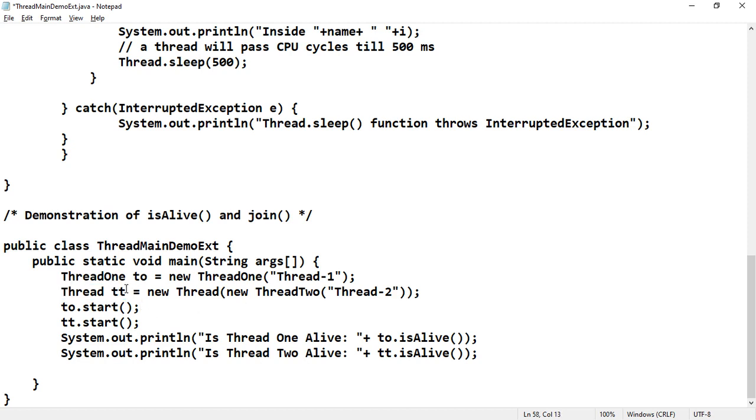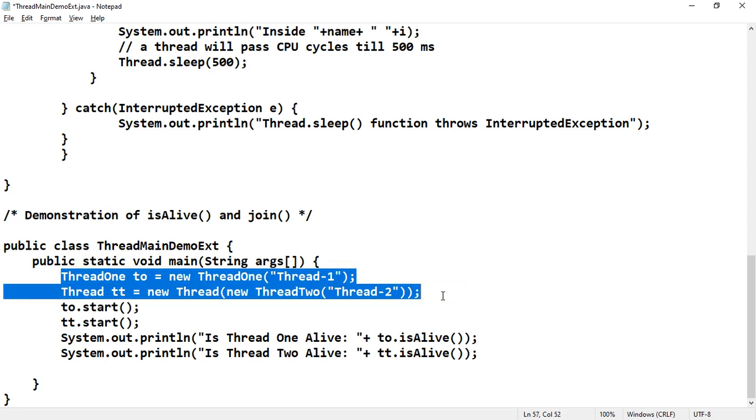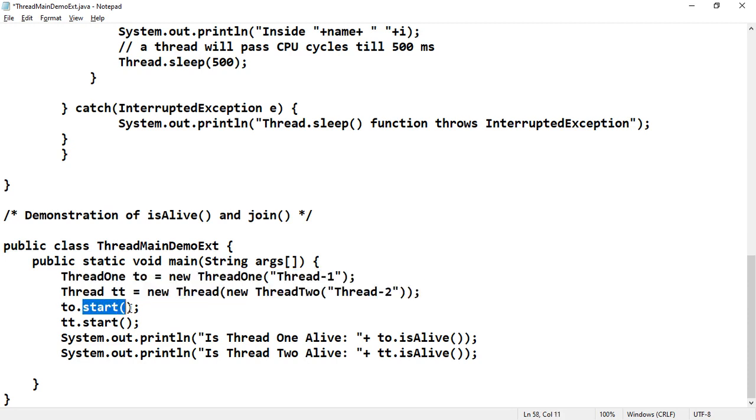Once the instances are created, that does not mean that the threads are alive or created. When we call the start method on these objects, only then will these threads be ready for picking up by the scheduler. That is the reason for t1.start and tt.start.